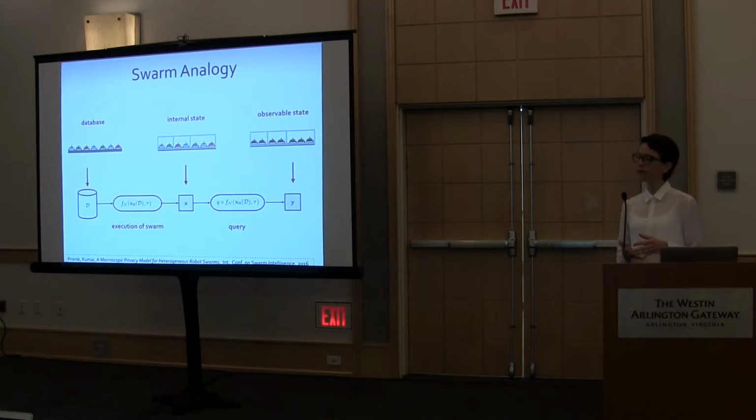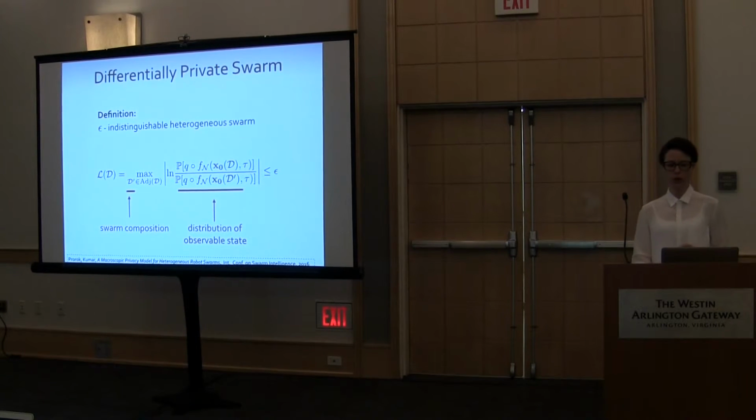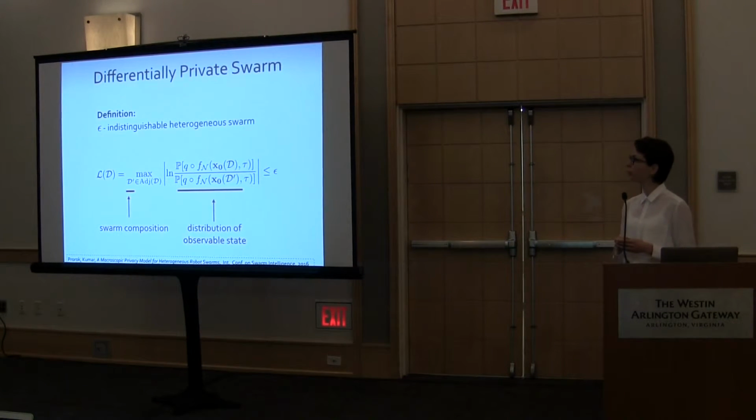Then we have a function that represents the execution of our robot swarm, and we assume that this is a stochastic process. From that, we can derive an internal state at a given point in time. And then we have our query function that reads this internal state and outputs the observable state of our system. So with these elements in place, we can now define what we're calling our differentially private swarm, or what we